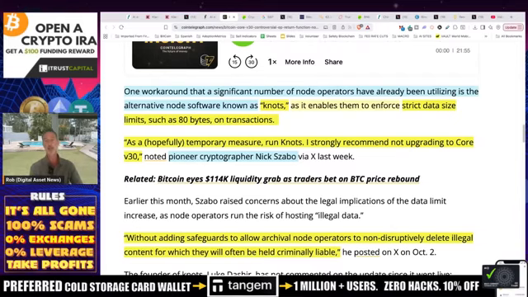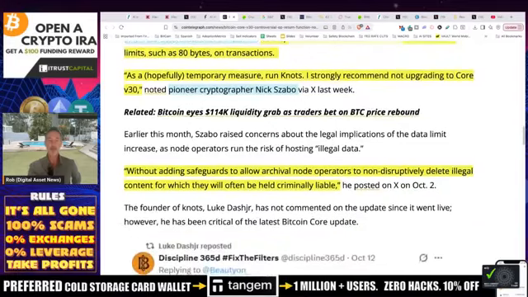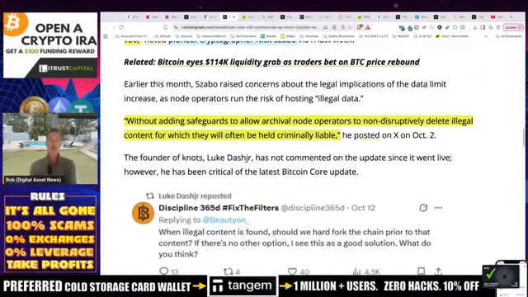I strongly recommend not upgrading to Core version 30. This is from Nick Szabo. He's one of the OGs as far as the Bitcoin cryptographers moving forward. And without adding safeguards to allow archival node operators to non-disruptively delete illegal content for which they will often be held criminally liable. And I don't know if this is a possibility, but what if you have some type of,